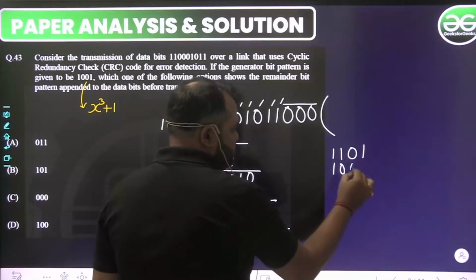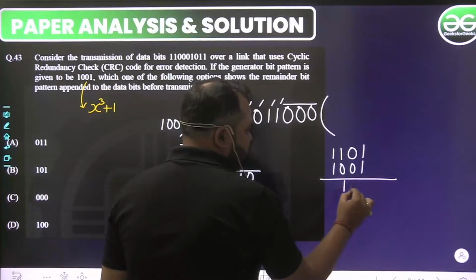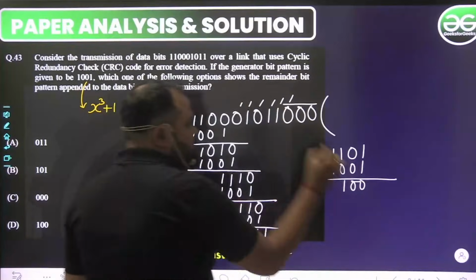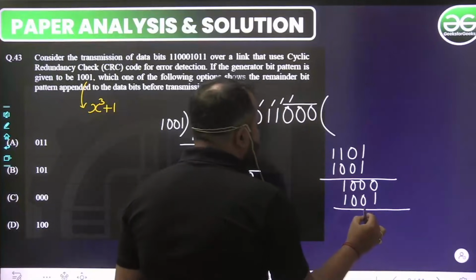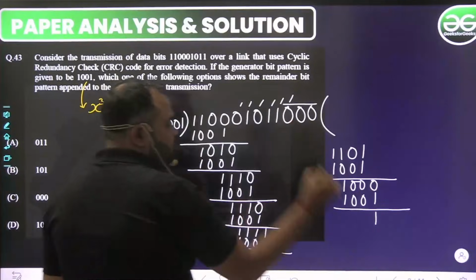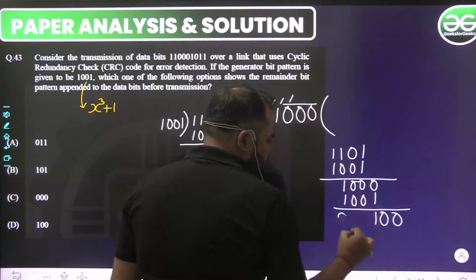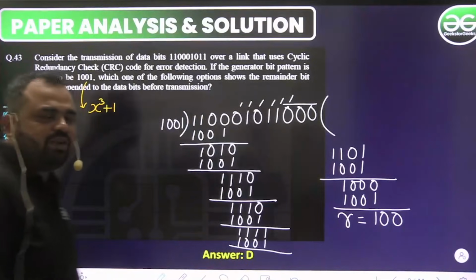फिर से हमने एक 1 लिया, तो ये हो जाएगा 1 0 0 1, तो फाइनली we will have 1 0 0। अब इस 0 को लेंगे तो ये हो जाएगा 1 0 0 1, so finally we will have a 1, और लास्ट में 2 0 है तो यहाँ पर 2 0 लगा दिए, तो ये हो गया हमारा रिमाइंडर, ठीक है।